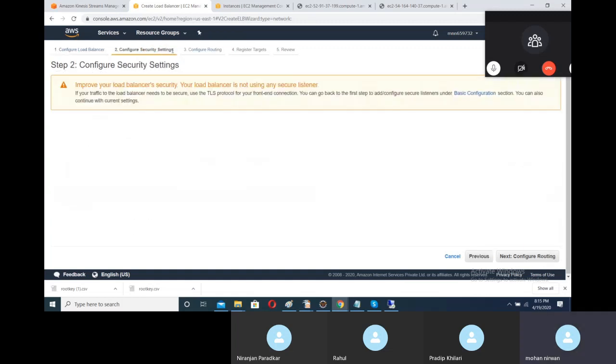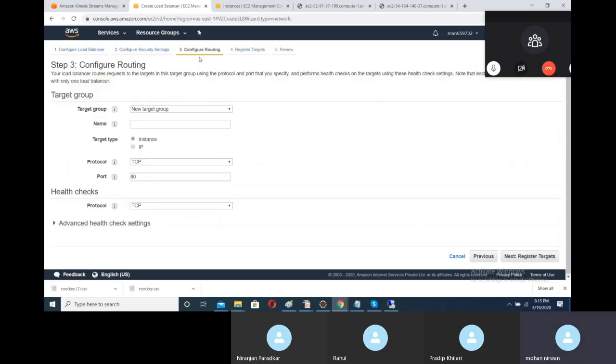Then there is no configuration we need to do in the security settings. In the routing we will use the existing one, so for this one we will use target group 1. By default it will go to port 80, and that is protocol TCP.